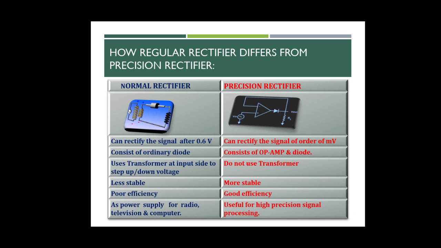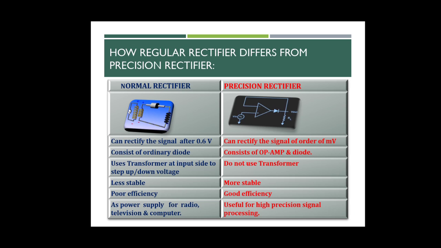Here is how the regular rectifier differs from the precision rectifier. A normal rectifier can rectify the signal only after 0.6 volt, whereas the precision rectifier can rectify signals of the order of millivolts. A normal rectifier consists of an ordinary diode, whereas the precision rectifier consists of an op-amp and a diode. A normal rectifier uses a transformer at the input side to step the voltage up and down, whereas the precision rectifier does